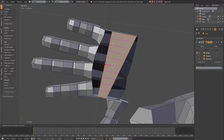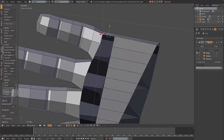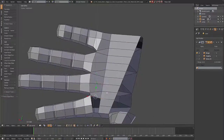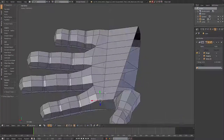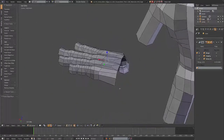So let's add a bunch of edge loops in here and hope that they match up. I just took a random guess as to the number of edge loops to add, but it seems to have been it. So it was 1, 2, 3, 4, 5, 6, 7, 8, 9, 10. So add 10 edge loops, in case you didn't get that. Anyway,